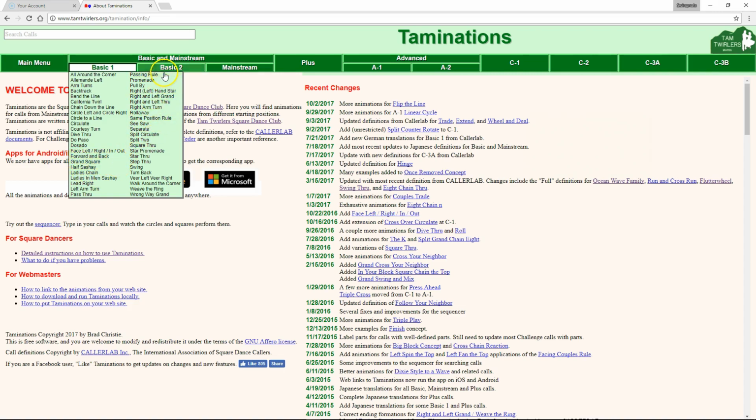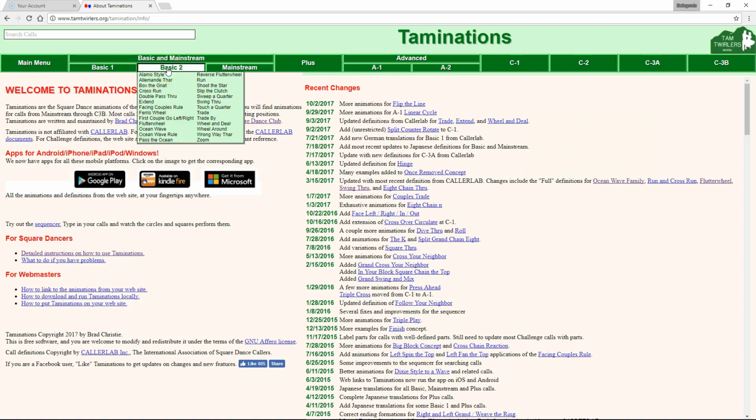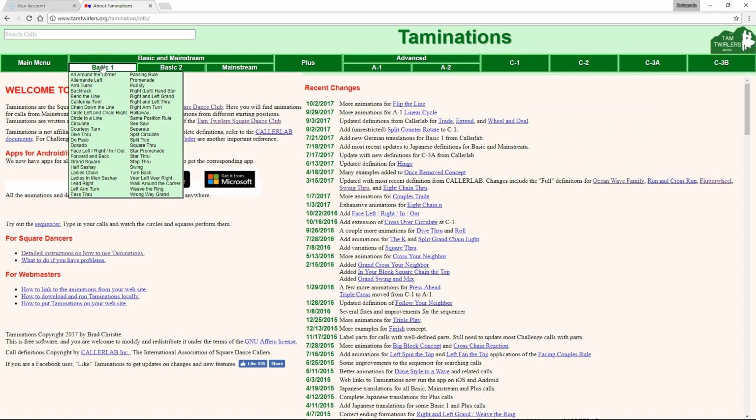The Basic 2 level has another list. You've actually done some of these by week 4 in your training. You'll see several here. Flutter wheel, for example. Wheel and deal, for example, are ones that you just learned. Let's go back to Basic 1. And we'll select Bend the Line,